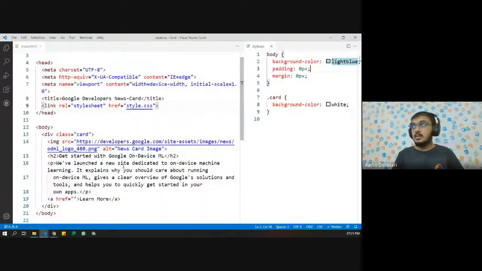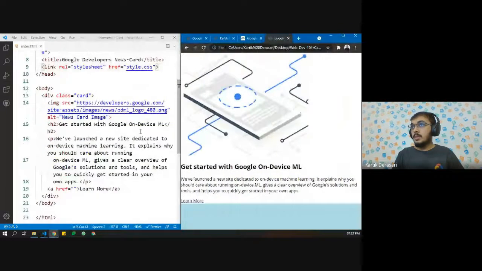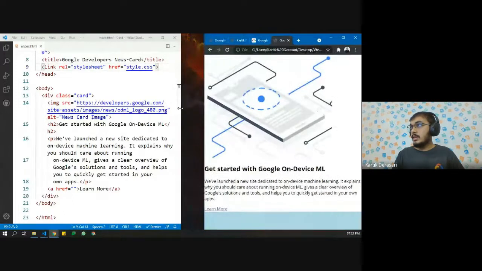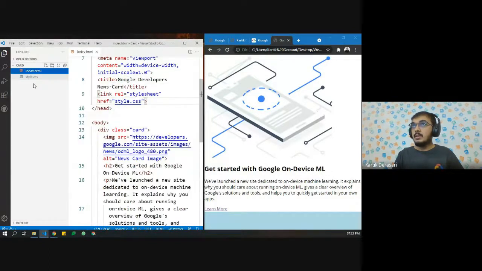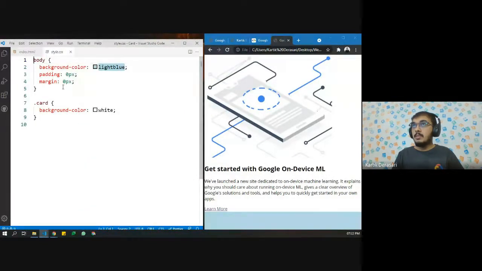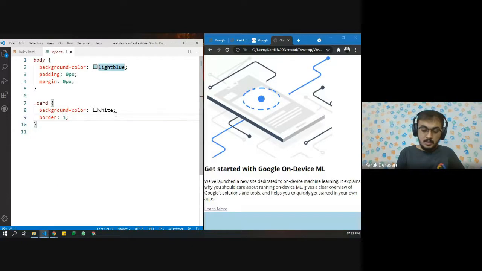Let's structurize this. Okay. Now let us add the border to our card. For the border, we can say 1 pixel solid, and let us say red for the time being.